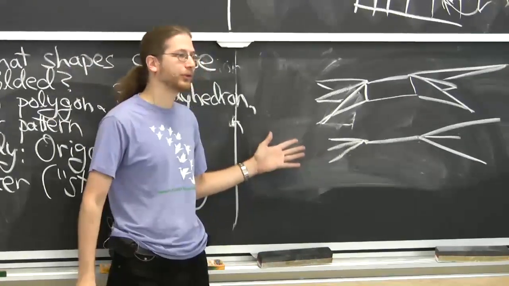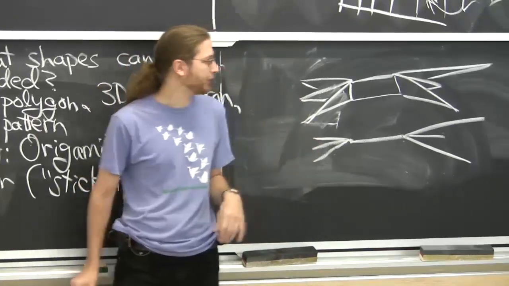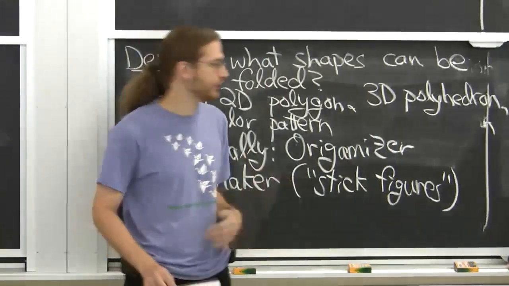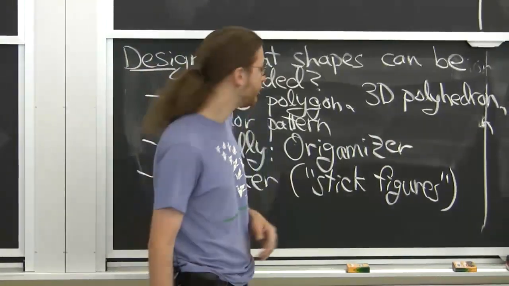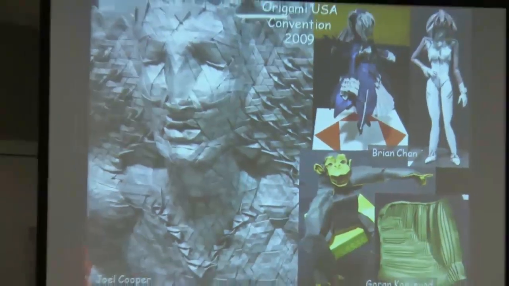In practice, you use some heuristics, which are really good, and usually you find the optimal way to make a given stick figure. But for super complicated things, it may not be perfect. Now, a lot of people use this method for designing origami. I just have a slide of cool origami just to show you. Not all of this uses the tree method, but I think